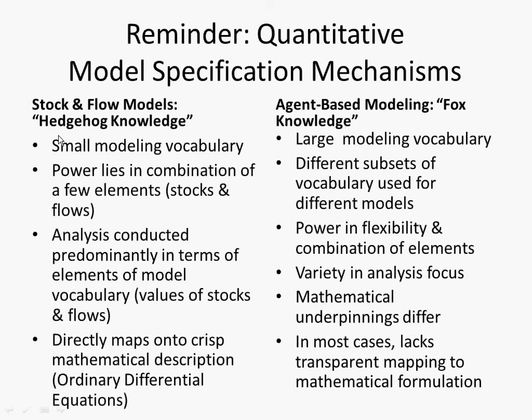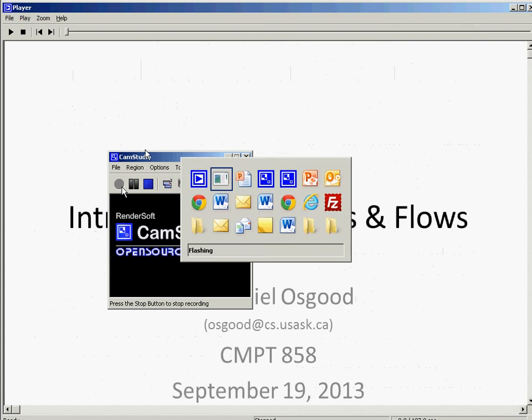connections to one another. And we're going to have a large set of primitives to draw on there, a large set of these elements out of which we build up the model. And the power here is a flexible combination of the elements. The mathematical underpinnings are less direct, and we can't just directly map it to a single crisp mathematical notation that allows for analysis. So for now, we're spending time on stocks and flows and system dynamics modeling. Okay, so